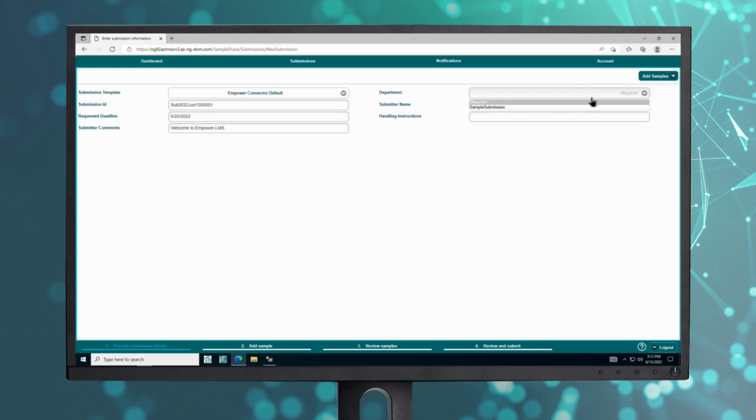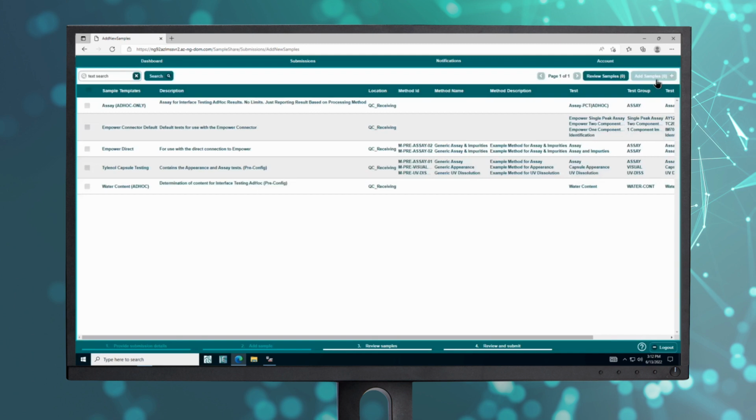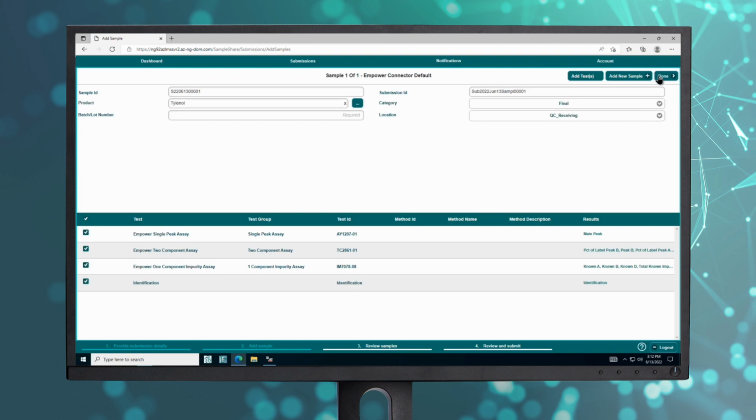We will go ahead and fill in some information and then click on Add Samples. We will pick the sample template that we want to use, and you'll notice the sample templates contain tasks and are a way to group tasks to help streamline the sample submission process. We could pick multiple sample templates if we wanted, but we will just pick one and then move on to the next page. Here, we will fill in some information about our sample. We will deselect some of the tasks, which is something an administrator can enable or disable. Additionally, an administrator could enable the ability for us to select other tasks that may not have been part of our original chosen sample template.